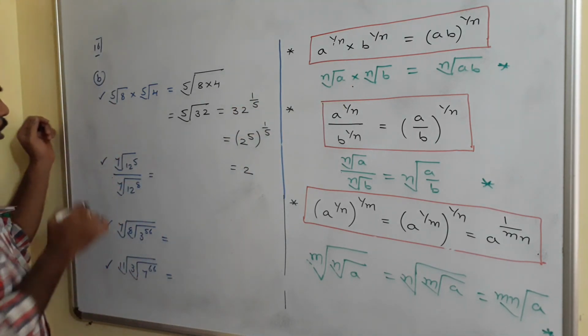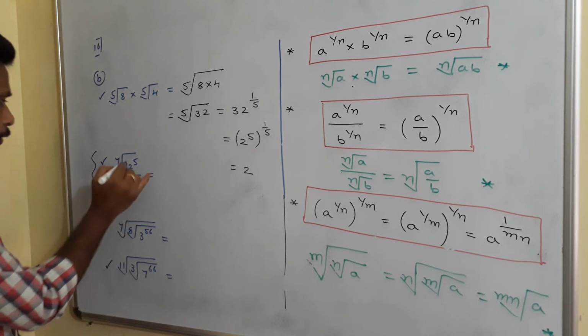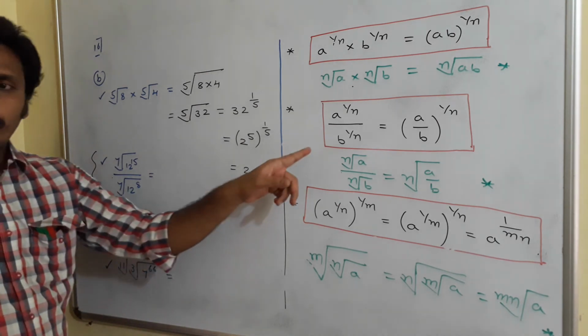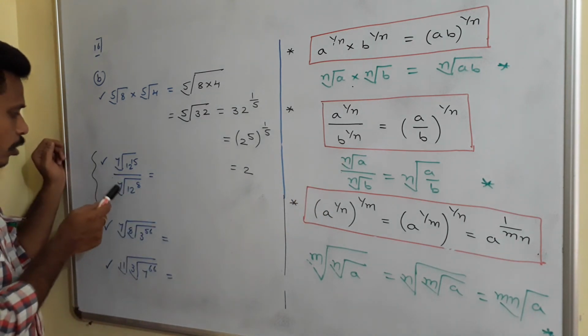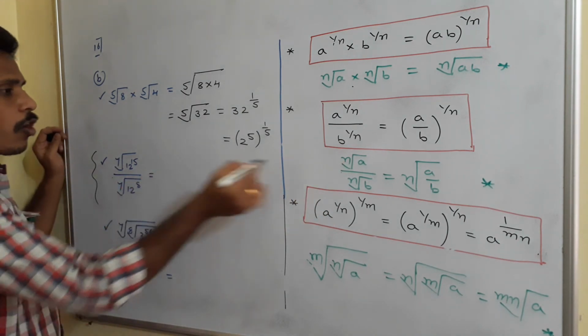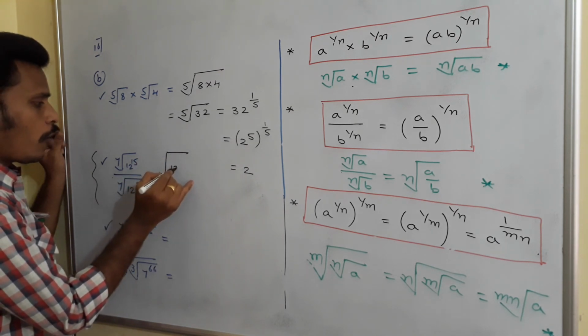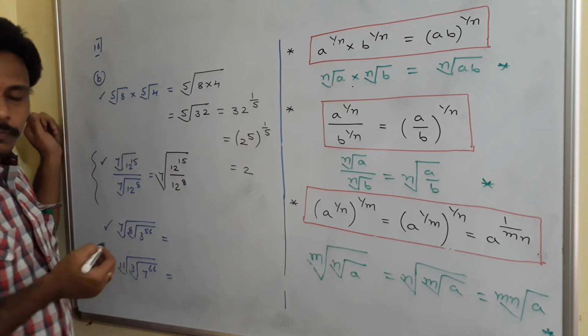In the same way, when you think about the second one, 7th root of 12 power 15 divided by 7th root of 12 power 8. This is not 12 power 5, you just take it like 12 power 15. Now use this second one. Again, nth root and nth root. Here 7th root and 7th root. So according to this second law, we can rewrite it like 7th root of 12 power 15 divided by 12 power 8.